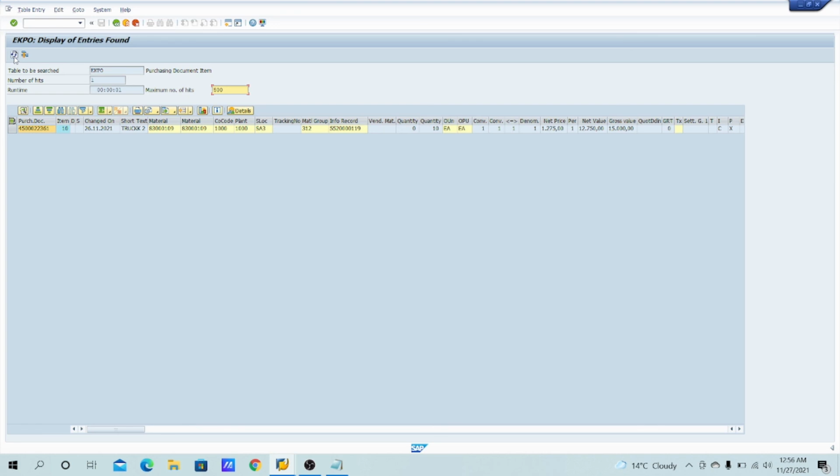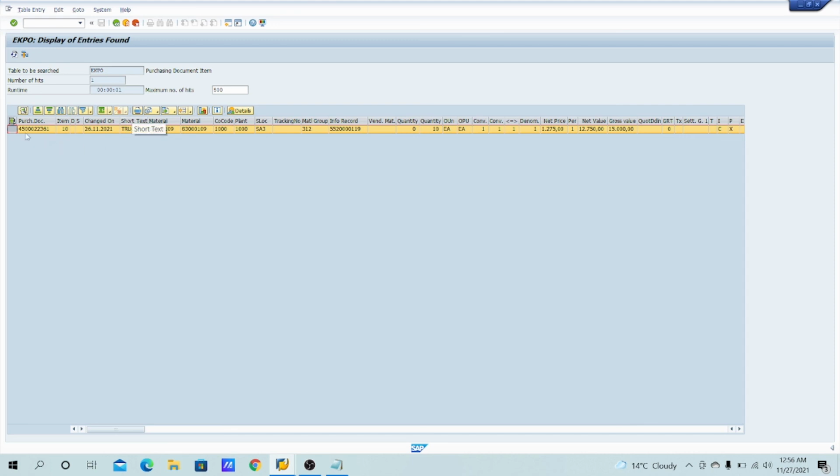So if you remember the table, it will be very easy to work on the support project, as well as to get the report or the exact data. Later on, in my upcoming videos, I will explain more about the tables.